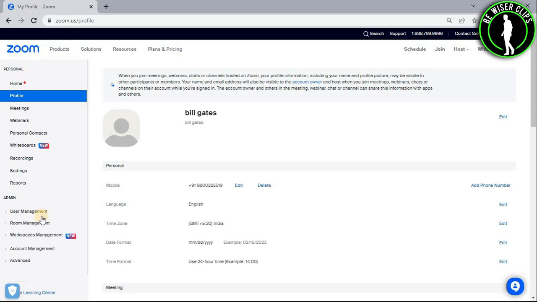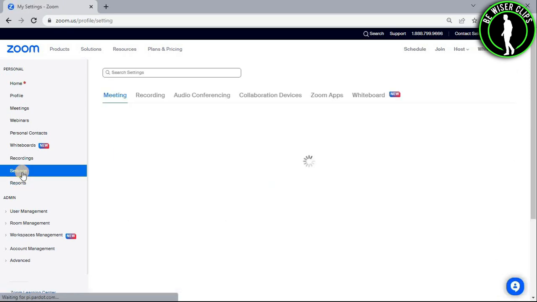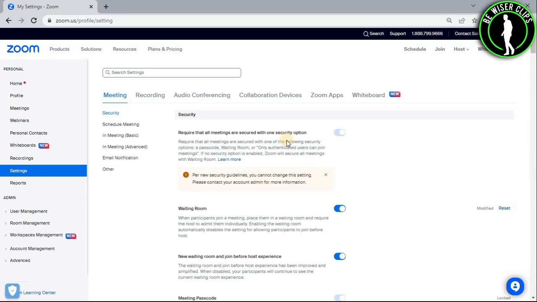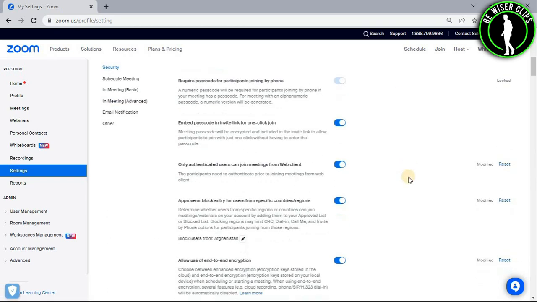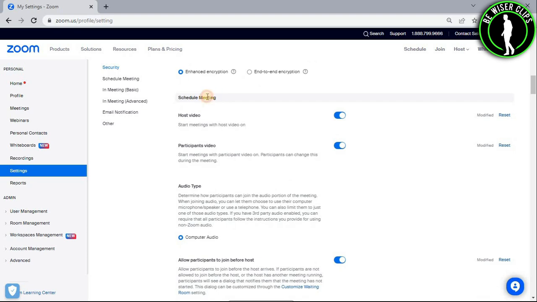After that you can see on your left there are a bunch of options. Now you just need to select one of them and that is this Settings option. Now guys, after getting on this page, scroll down a little bit further until you see this section which